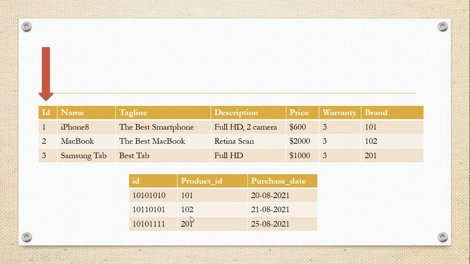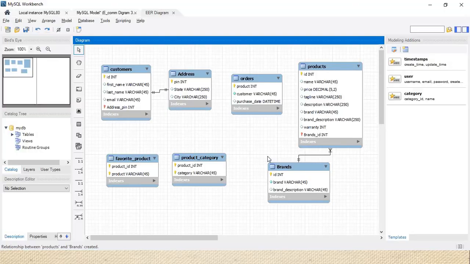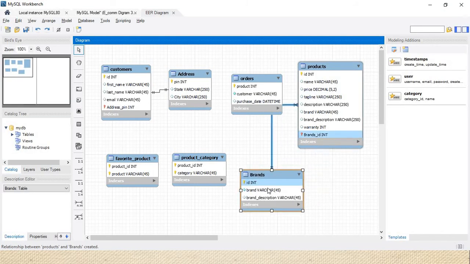Let's implement that table. So here we'll create one table. In that it contains ID, product ID, and purchase date will be added. So here we'll add one more table.